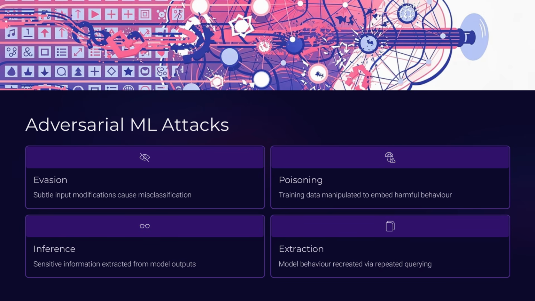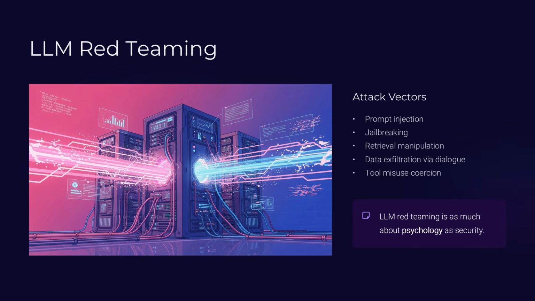As a leader, you should think of these attacks as threats to trust. If a fraud detection model can be evaded with carefully manipulated inputs, the business impact is immediate. If a medical prediction model is poisoned, safety outcomes may be affected. If a model leaks sensitive training data, privacy obligations are violated. Adversarial attacks undermine the reliability of artificial intelligence as a decision mechanism. Your security architecture must treat resilience as a design requirement, not a performance bonus. Now let us move into the area that is rapidly expanding in 2026.